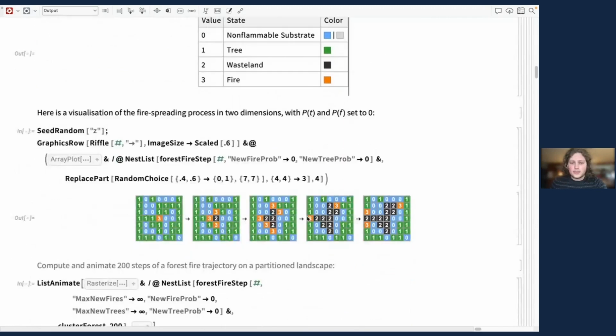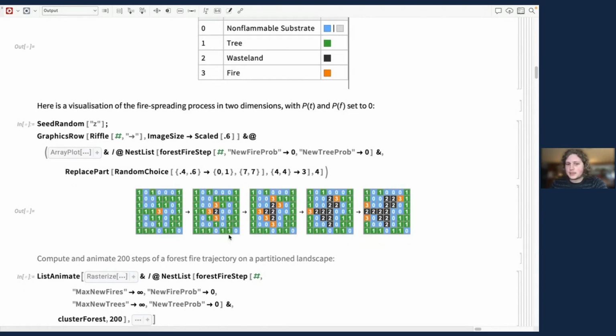So here's a very simple visualization in 2 dimensions where the probability of new trees and the probability of new fires is set to 0. So we're just seeing the burning process to give you a quick sense of how fires propagate in this system. Here we have a little bit of water, we have some trees, and we have one fire. At the next time step, it propagates to its neighbors and leaves some wasteland. And then at the next time step, that propagates again to its neighbors and leaves some wasteland. And again, it propagates and leaves some wasteland. So you can see how the fire propagates in this sort of